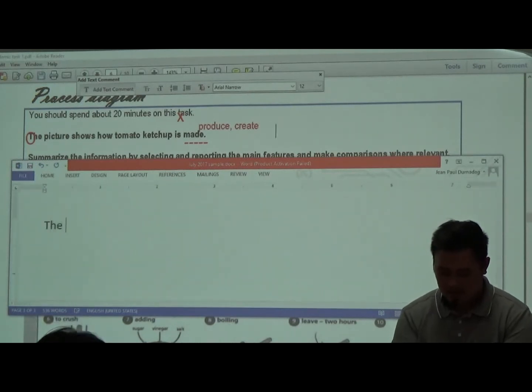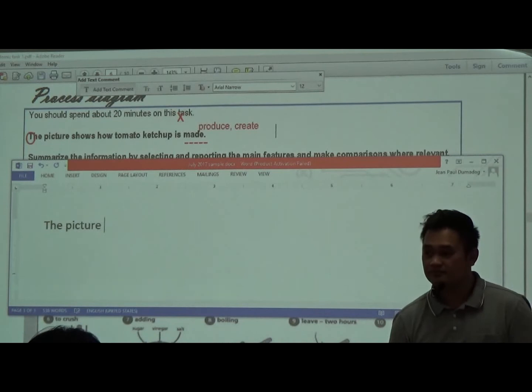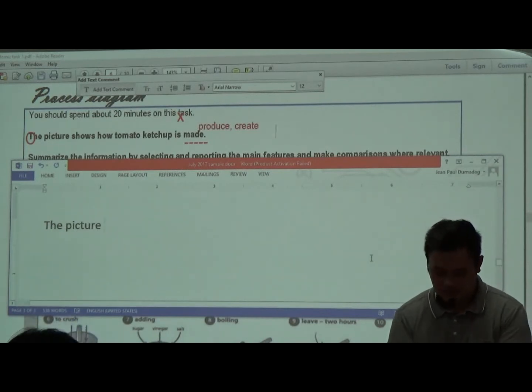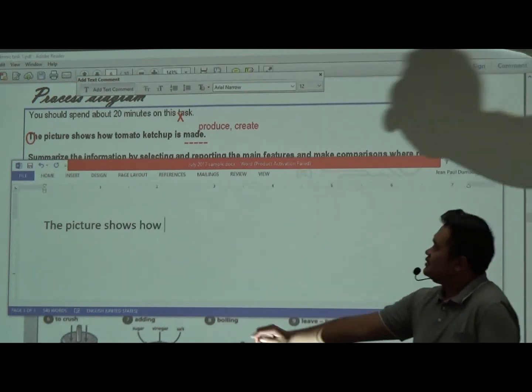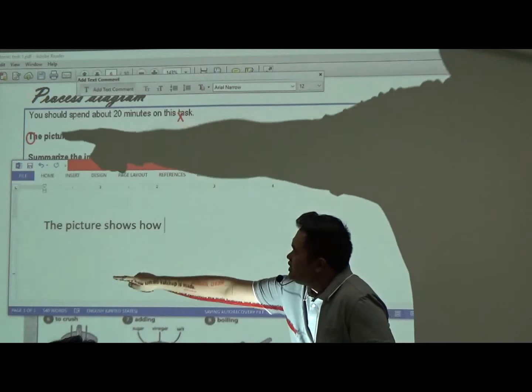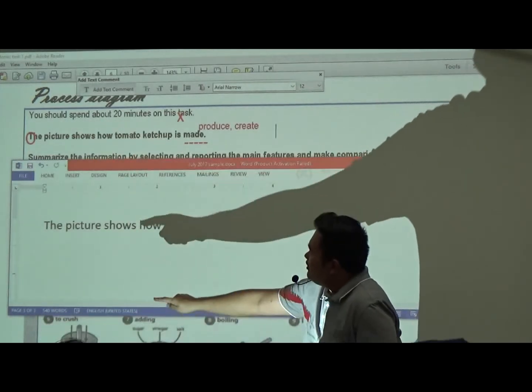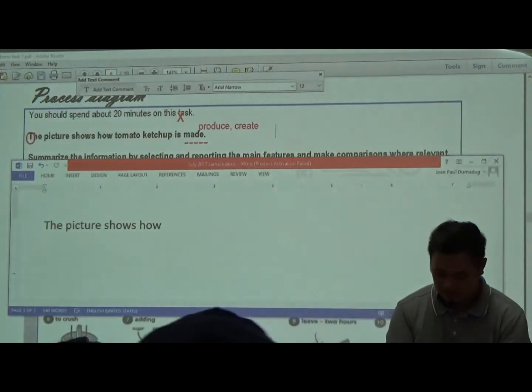So, the picture shows how, copy, the picture shows how tomato ketchup